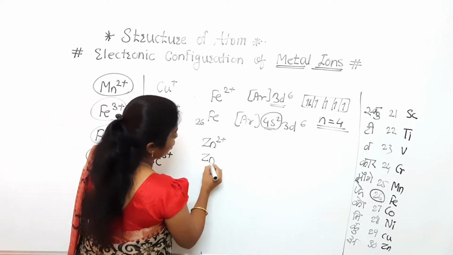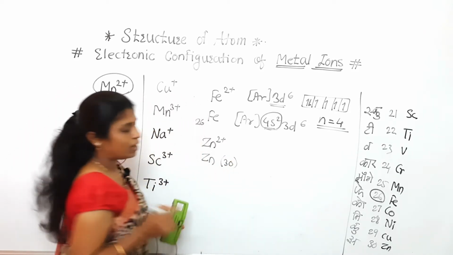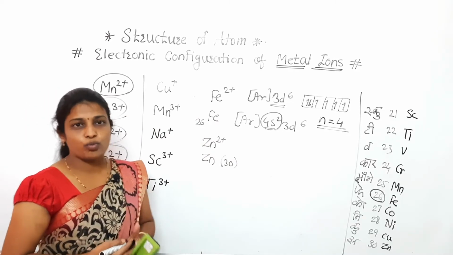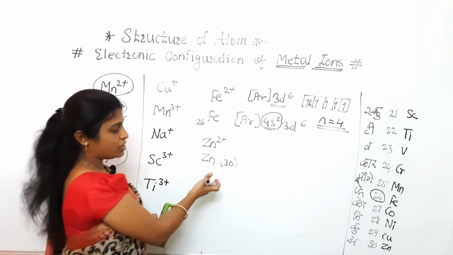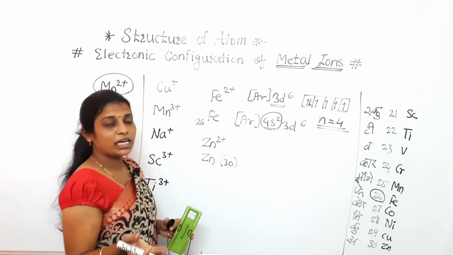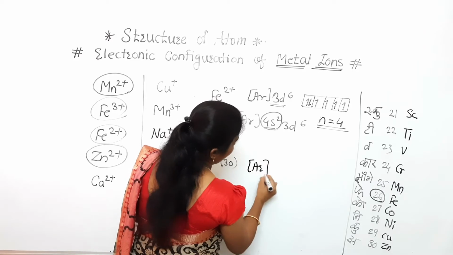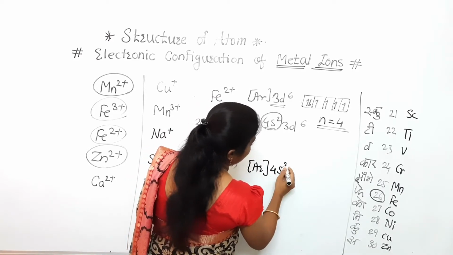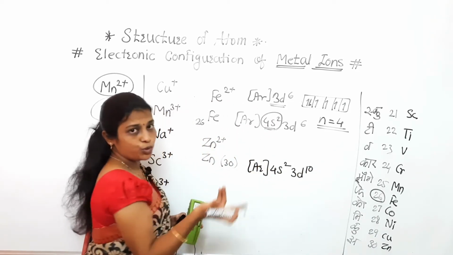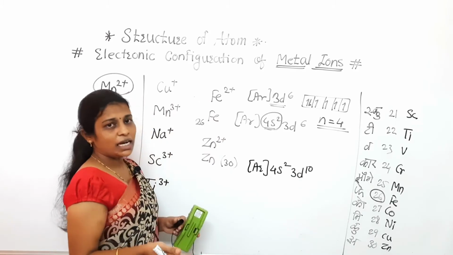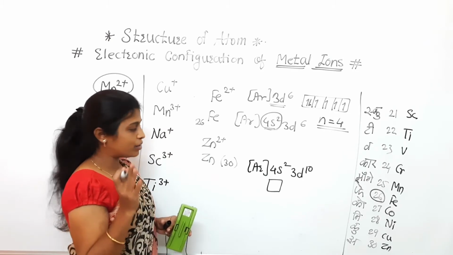Now Zn2+. For that one we are going to discuss Zn, its electronic configuration. Zn, its atomic number is 30. In the last video I have given homework that how many unpaired electrons are there in the Zn, that you have to calculate. Now I will tell you the answer also. So in this way you will get an idea how I have found that one. So here argon 4s2 3d10. Because 30 are there, 18 plus 2 is 20, and in that 3d we have to fill up the 10 electrons. So for neutral one we are going to calculate, because in the last lecture I have given homework, that's why.